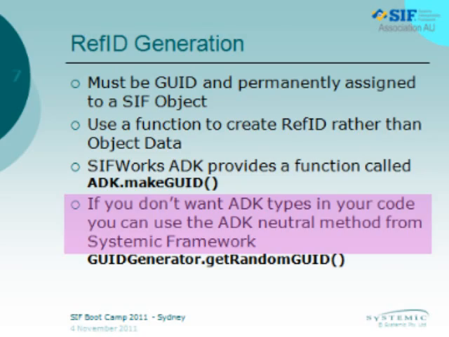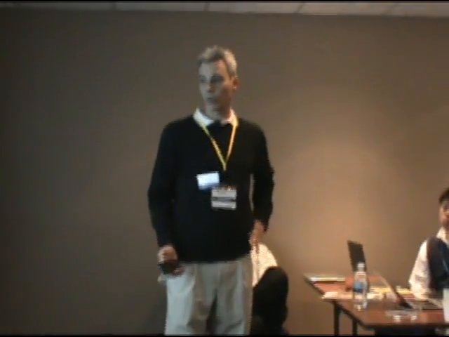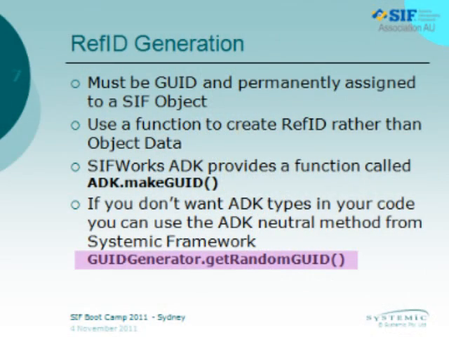There's also, in the Java world, the Systemic packages, from things we've written, that are already used. But the .NET doesn't have those packages. So that's what it's referring to at this point. So the Systemic framework has a little method in there, GUID generator, get random GUID. And it generates you a GUID of that form